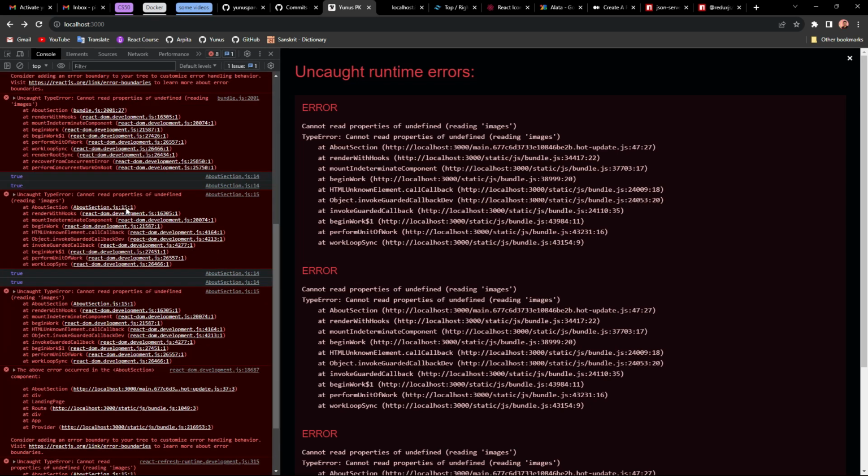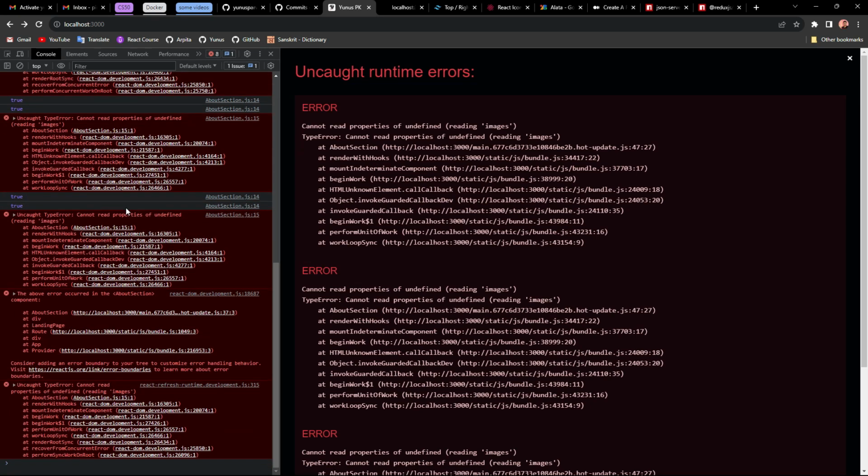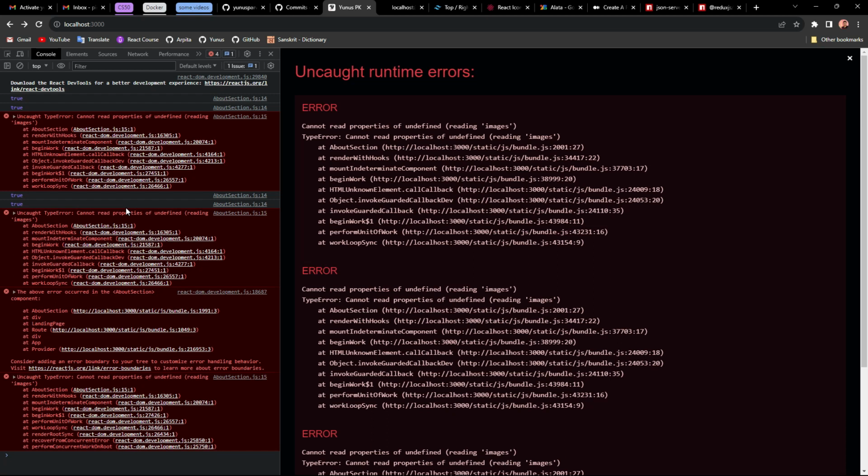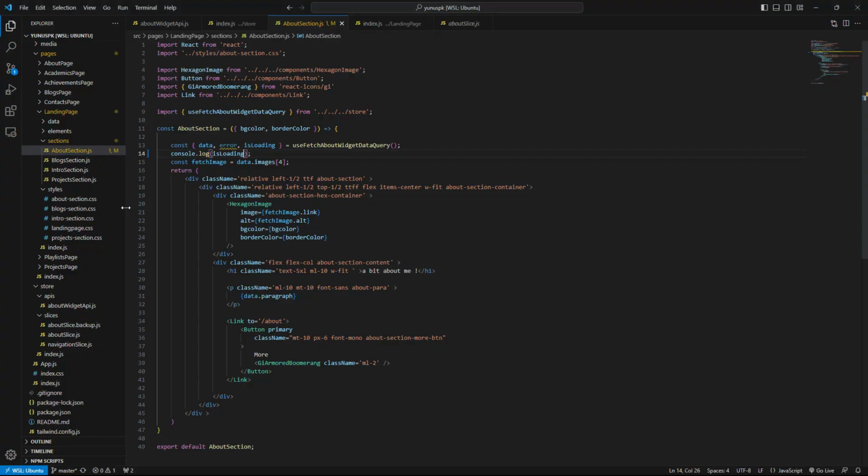It's true. So literally it's loading. How much time is it gonna take to load? Right, so what we gonna do is